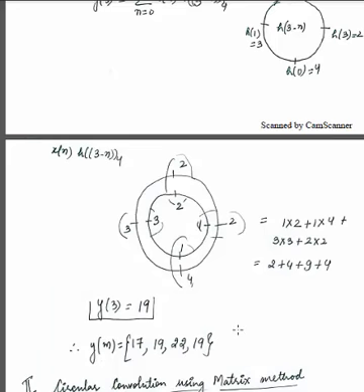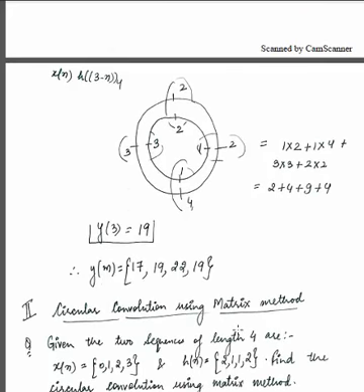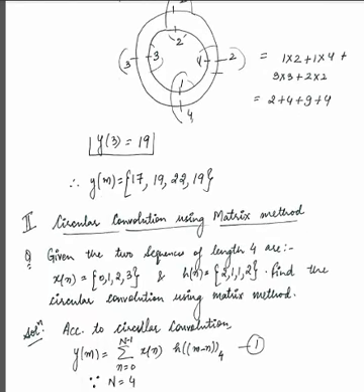Now next, our today's topic is circular convolution using the matrix method. Matrix method means multiplication using matrix. This method is used to solve the problem faster as compared to the formula. We will be using the formula, but we will be using multiplication using matrix. So that speeds up the process.